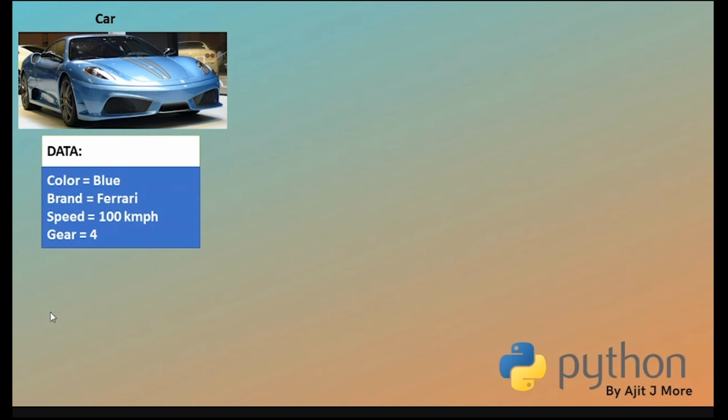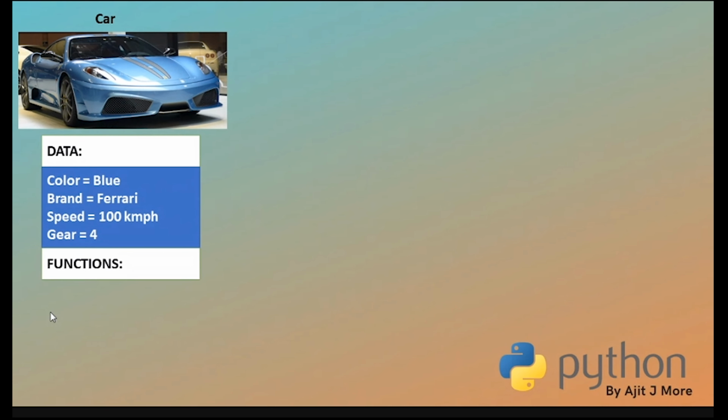So I have assumed that every car is going to have a color, a brand, a speed, and a number of gears. And is it also going to have some behavior? It's not a model car kept in a showcase. Model cars also look exactly like a real world car, but they are just abstract. Abstract means they only have an interface. They don't have anything concrete in them. No actual engine is there and no power generation. It doesn't move ahead or come back. It looks like a car, but it's not a real car.